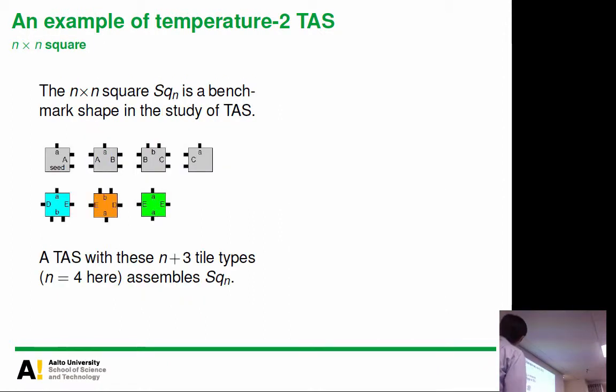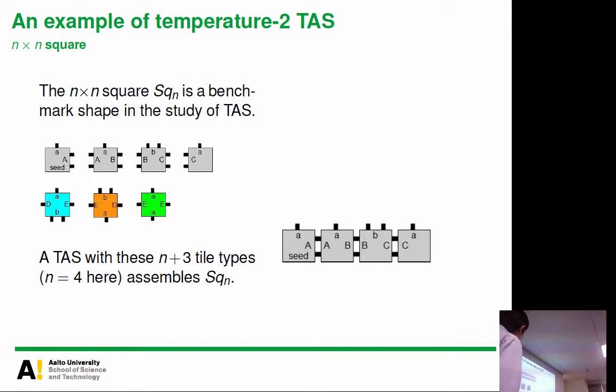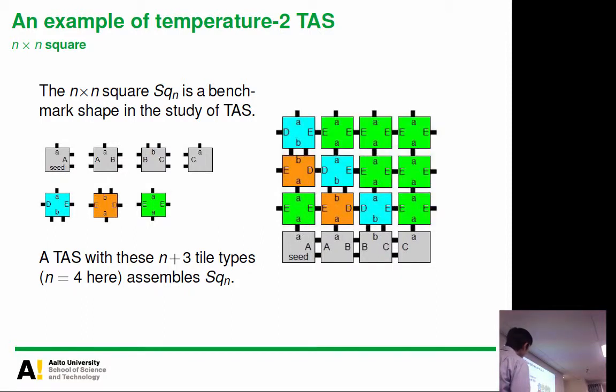All right, another example is square. We want to make another square. So let's start from the seed. In this case, what we can put is just this one, because now we have only one choice here to the east. So we have this, okay? And here we have double bonds, so we can get this, something like this. Then we can make a square, okay?